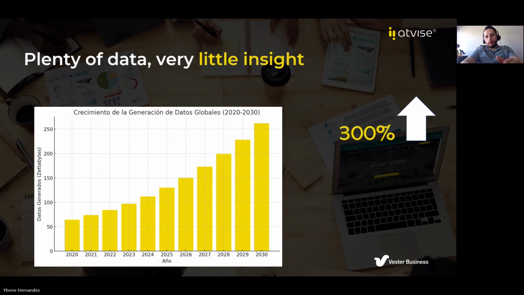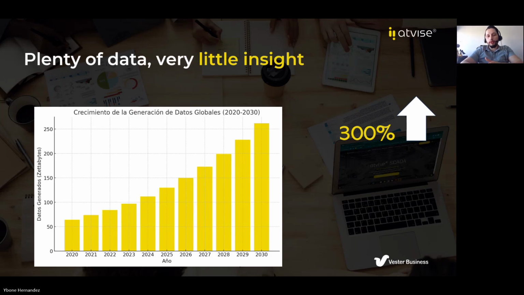These slides that my colleague Ivone is presenting also bring another aspect about the industry right now. The data available, for example, from 2020 to 2026, has been growing steadily, and we expect data acquisition and data storing in our customers to grow 300%.